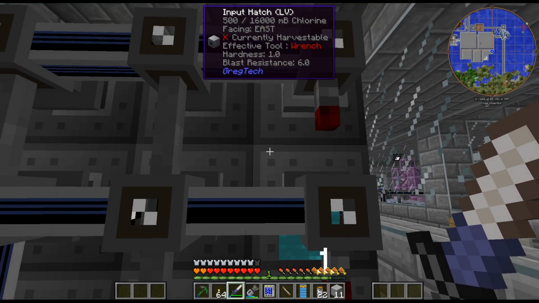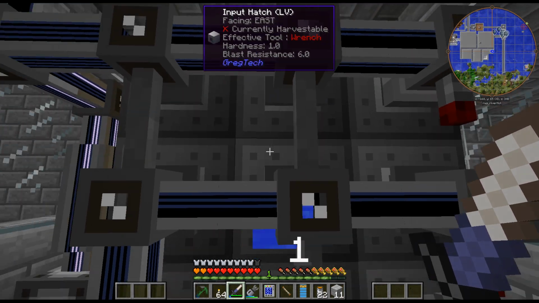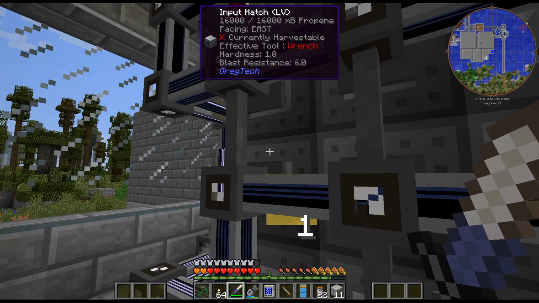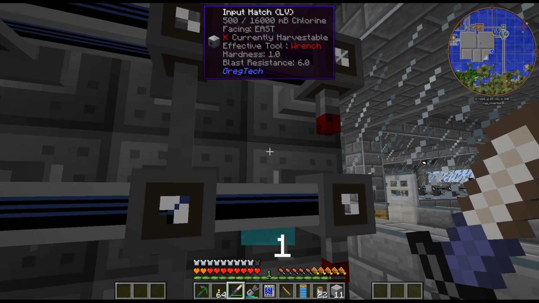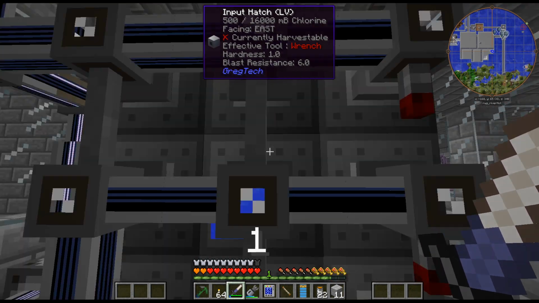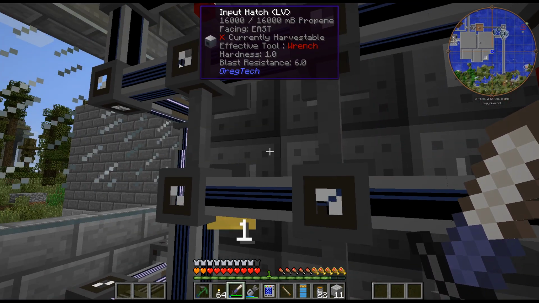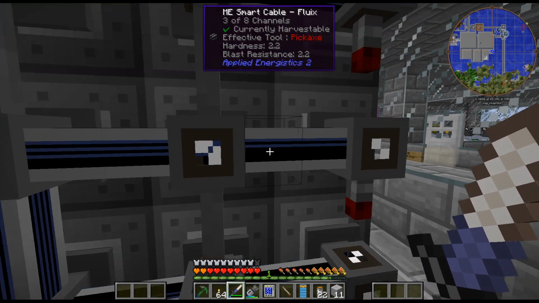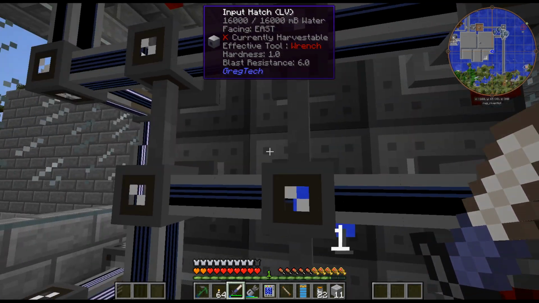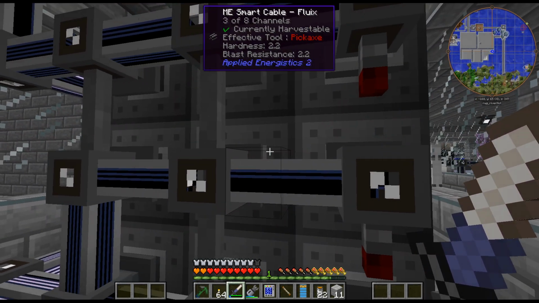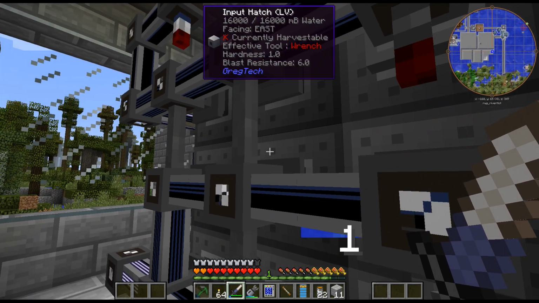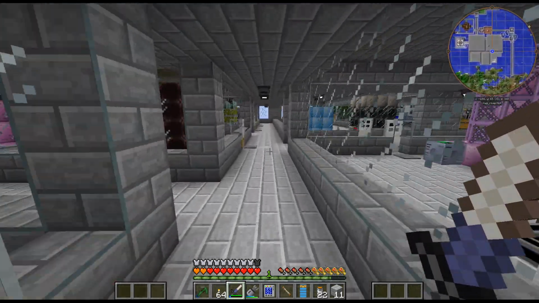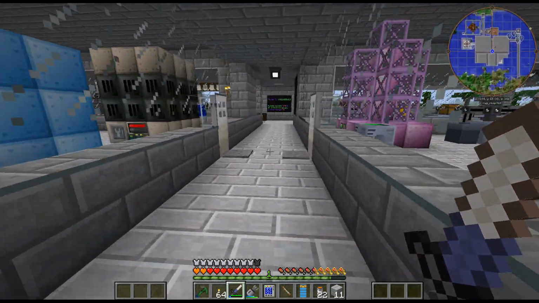The other issue I ran into is if it had no water in it, the propene and chlorine would do, I can't remember, chloride I think it was producing. So basically, propene and chlorine does something, water and chlorine does something, and propene, water, and chlorine, the three of them together do something. So what I did was I threw just a tank over here